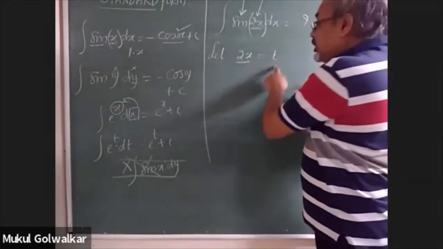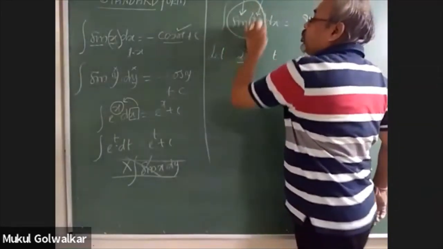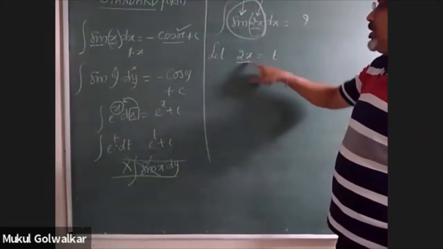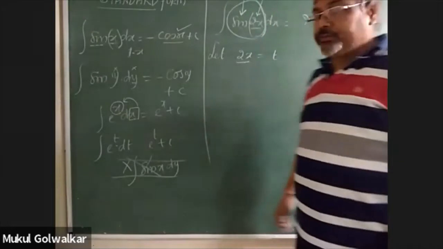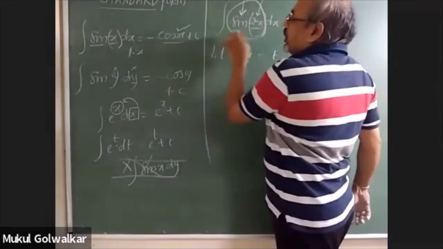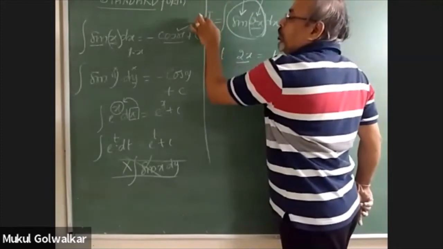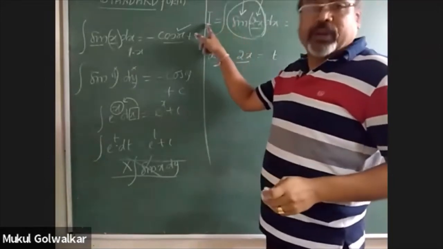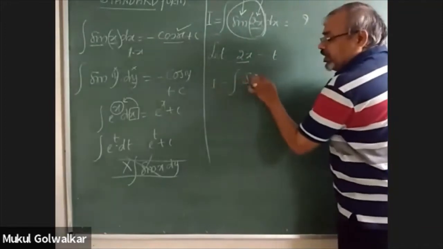Now when I replace 2x by writing t, then what will happen to this function? How will you read this function if 2x is assumed equal to t? Please give response, students. Sin t. Yes, it will be read as sin t. Perfectly all right. And one more thing I would like to tell, that the value of this integral should always be written in terms of capital I. This is customary. We have assumed that the value of the integral is equal to capital I. So here the function I becomes integration of sin t.